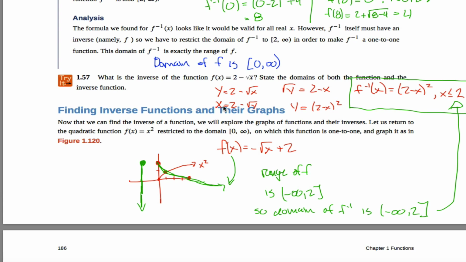And the way I figured that out is going back to section 1.1 stuff. My rules for domain at this point in your algebraic progression is you can't take the square root or any even root of a negative number, and you can't divide by 0. No division going on here, so I don't have to worry about dividing by 0. But I could take the square root of a negative number if this x right here, in the radicand, were not greater than or equal to 0. So I need to ensure that this x right here is greater than or equal to 0, which is what I'm stating right here. That's the domain of the function, which again really isn't all that relevant to the inverse function. What's relevant